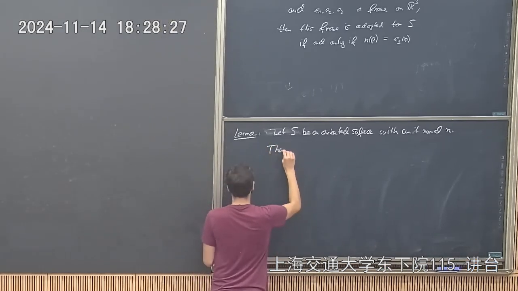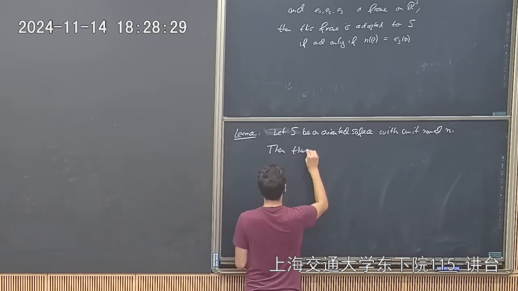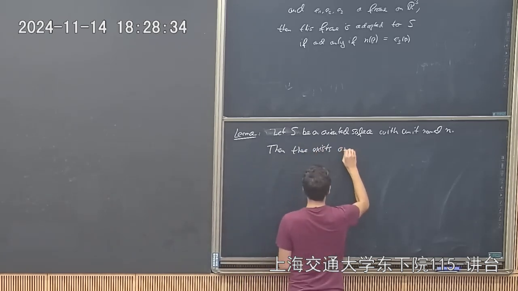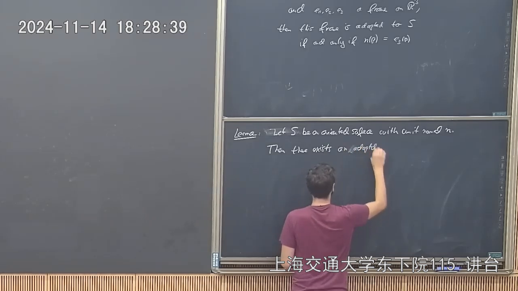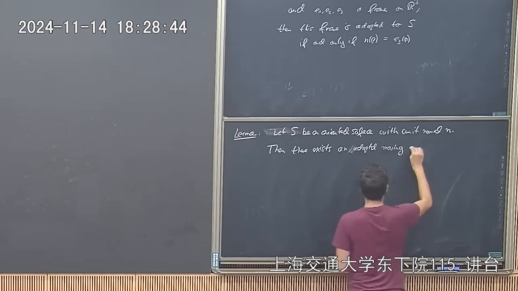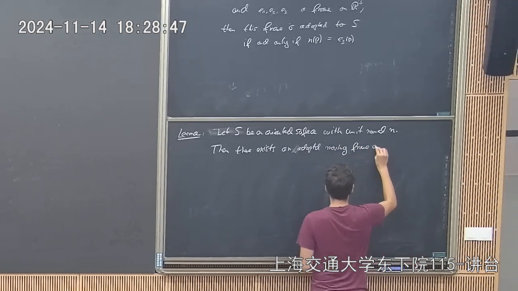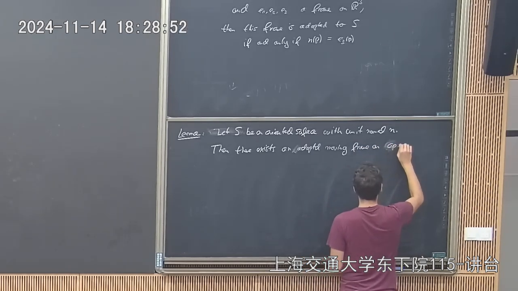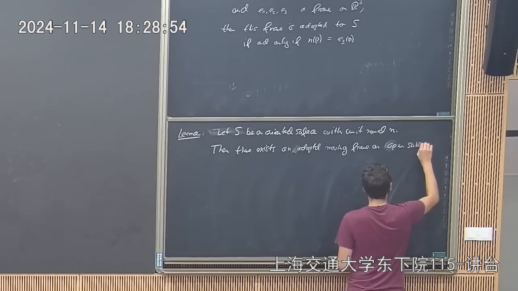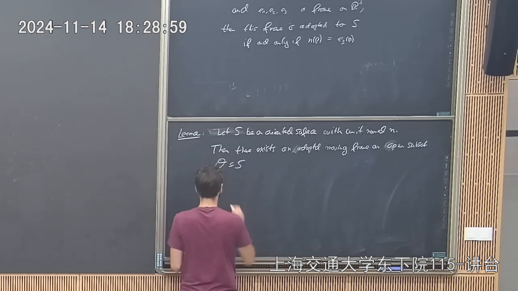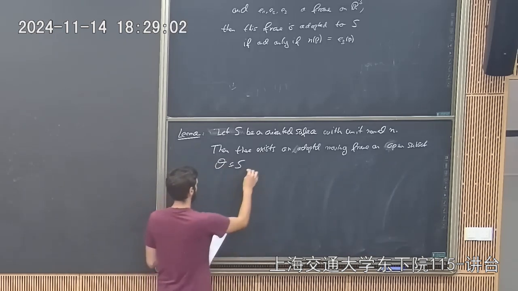And then there exists an adapted moving frame on, say, some open subset in the surface, if and only if